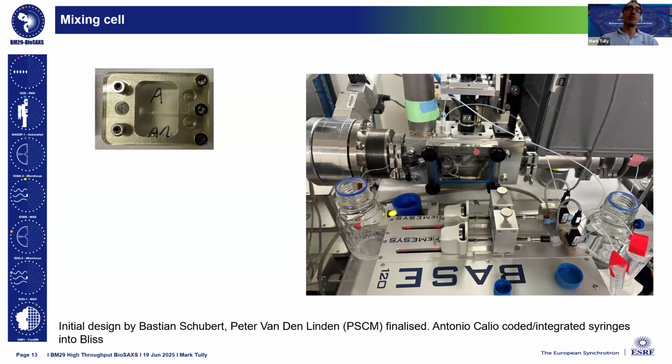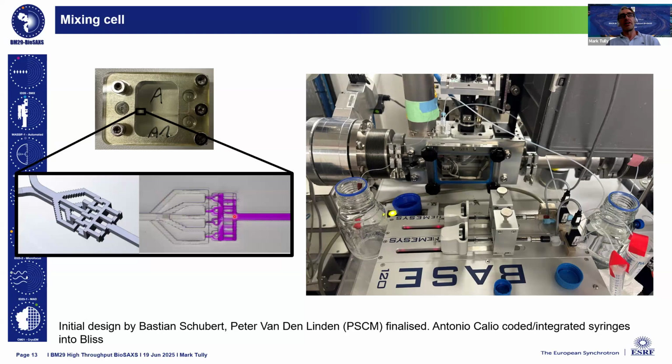We also have our mixing cell, or our mixing chip. We then connect up to syringes as well, and these will then go into the vacuum chamber and plug into the sample. And if you zoom in on this, you will see the mixing cell has the buffer and the sample come in, and then there are little 3D mixing cells. You can see three 3D mixing cells before it comes out completely mixed, and then we'll measure through